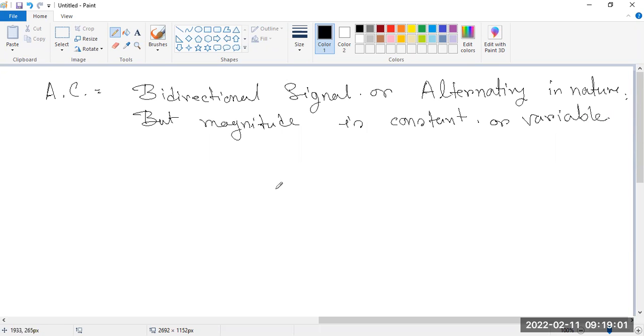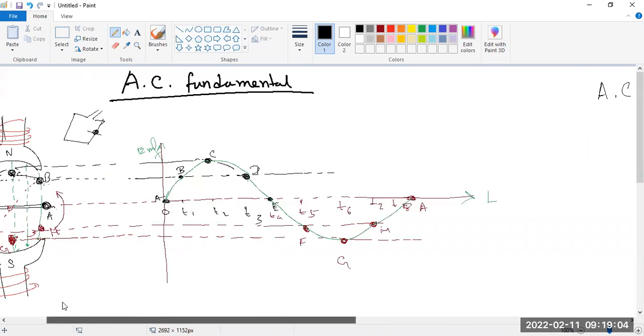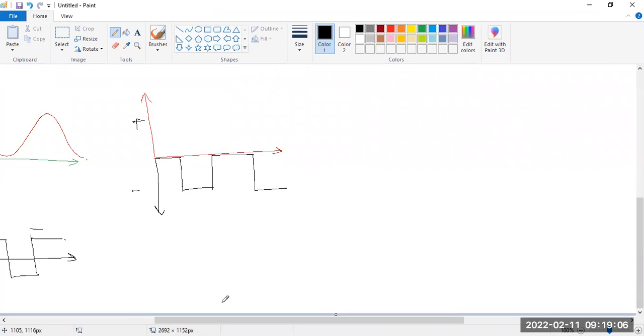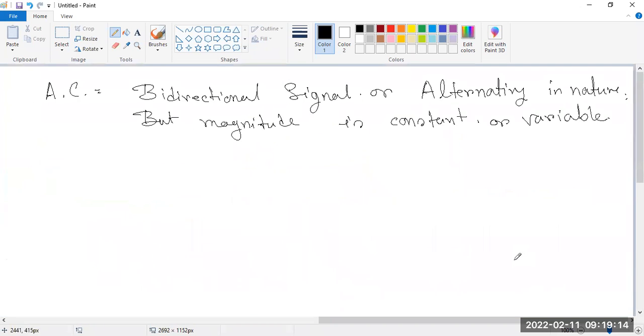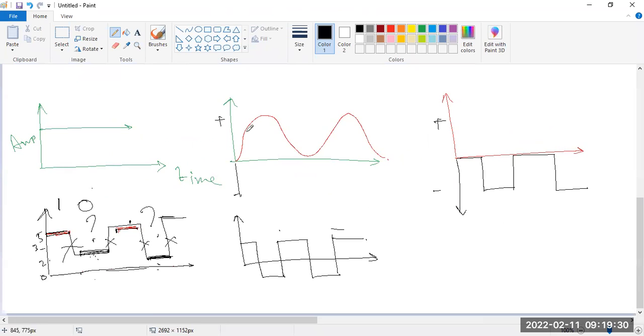So from this graph you can understand which one is the AC, which one is the DC, and which one is the discrete, depending on time. So we get the conclusion from this graph: if both sides have the magnitude, positive side and negative side,